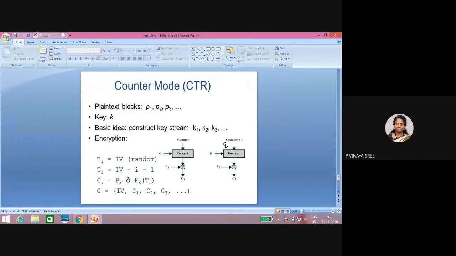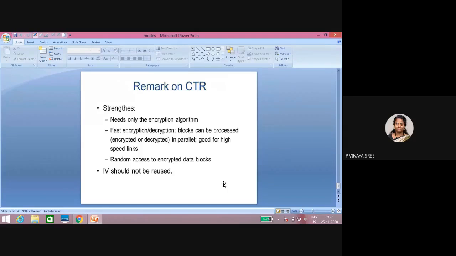So, understood what counter mode is? In counter mode, there is no feedback from one block to the other block. If you give the same plain text, the generated ciphertext will be different for the two. And the advantage is that it supports parallelism, because there is no chain from one block to another block. Whenever you are sharing, you can encrypt parallelly and generate the ciphertext parallelly. That is an advantage of counter mode.